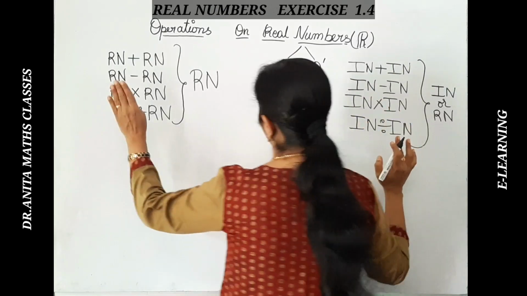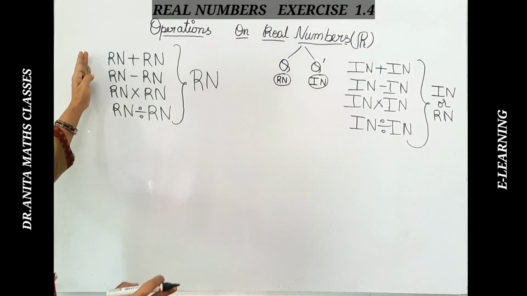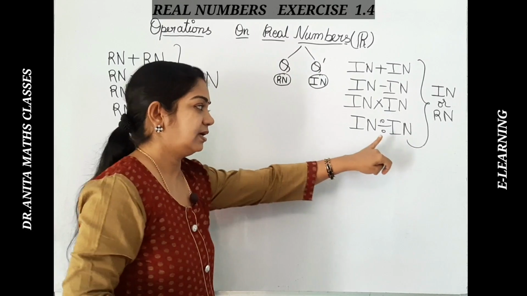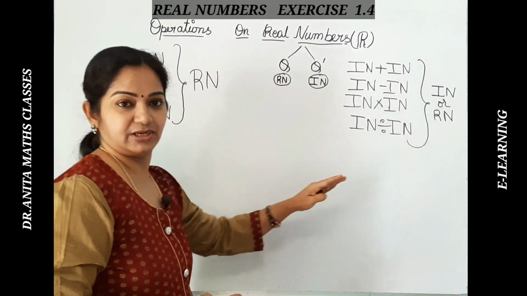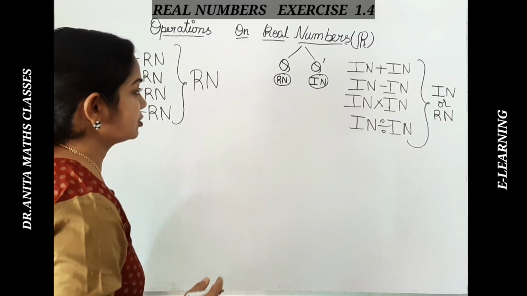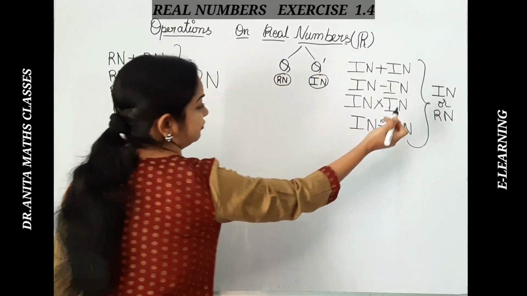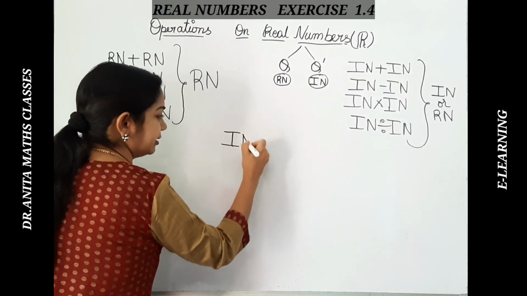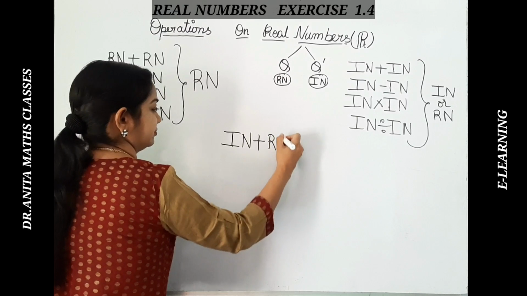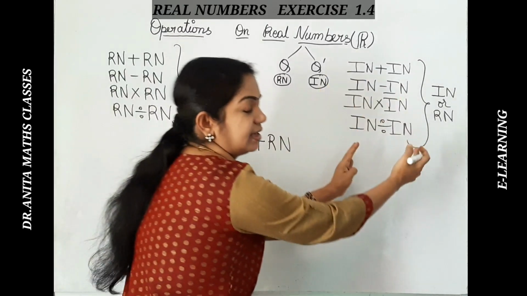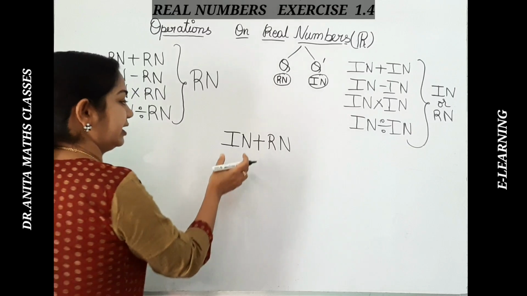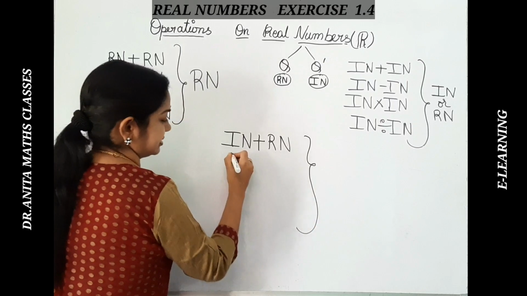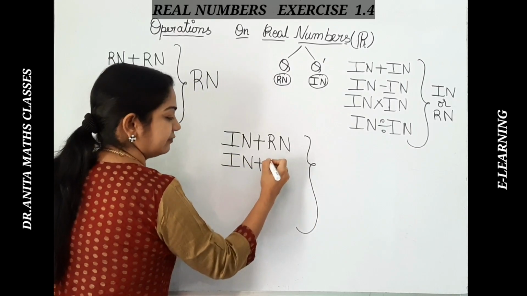So here we are sure that we are getting a rational number, but here we cannot guess, we cannot say whether we get a rational or an irrational. It can be rational or irrational. So in these two cases, we got these assumptions. Now if you are taking an irrational number and a rational number, so this is purely rational, this is purely irrational, and if you take the mixture, an irrational and a rational or a rational and irrational, what do we get? Let us see all the operations with an example.